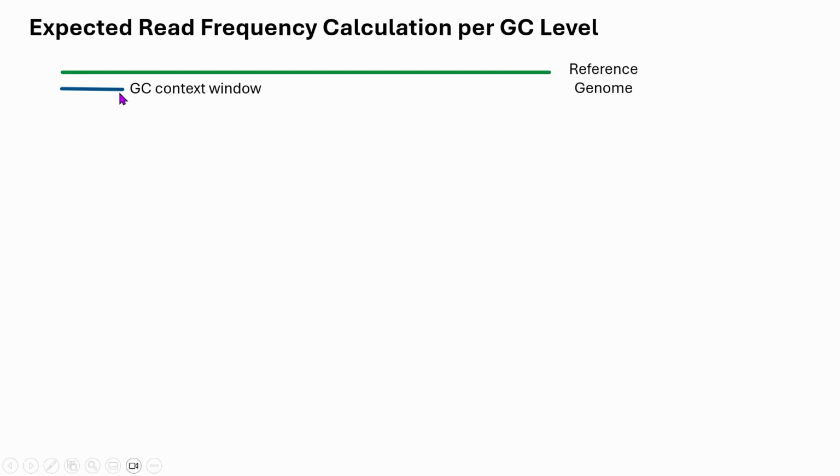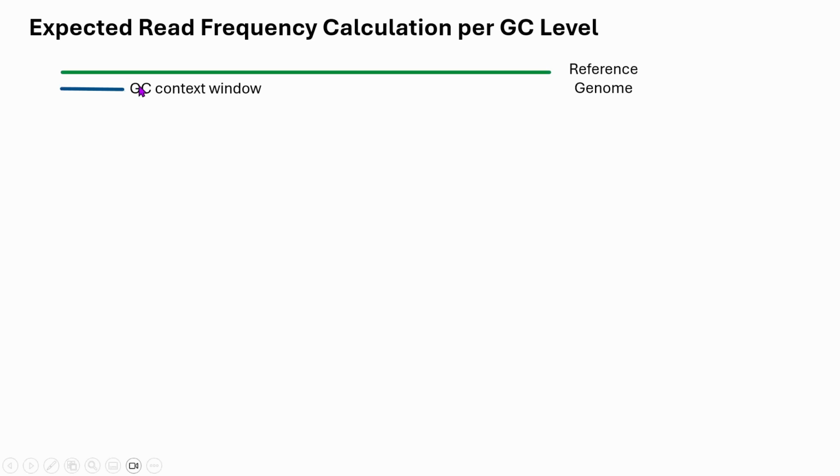Suppose for our case, we choose the size 300 base pair. You can even choose 200 base pair or 500 base pair. I will talk about the choice a little bit later on. But let's just assume for now that the window size is 300 base pair. So we are going to put this window at the start of the reference genome and we are going to